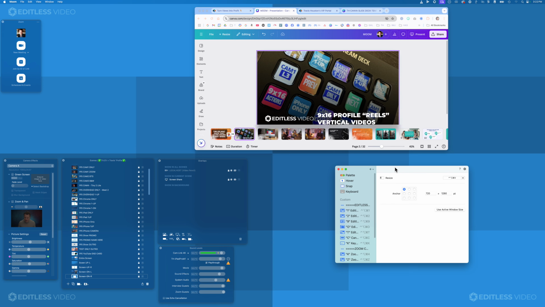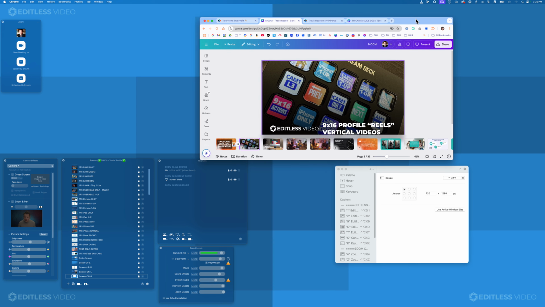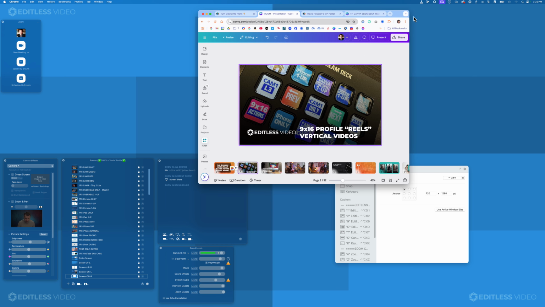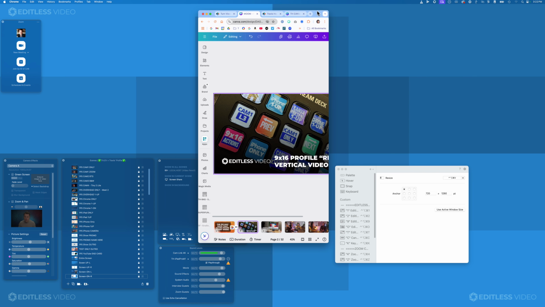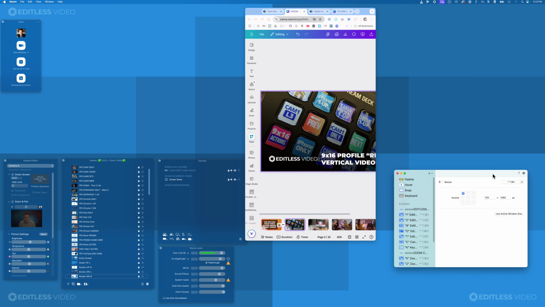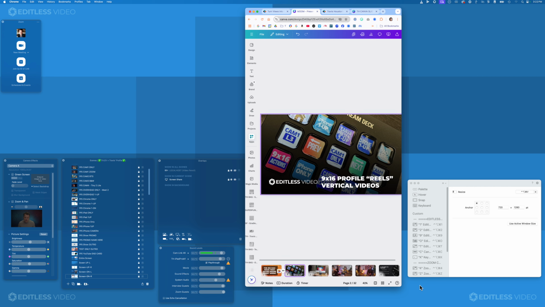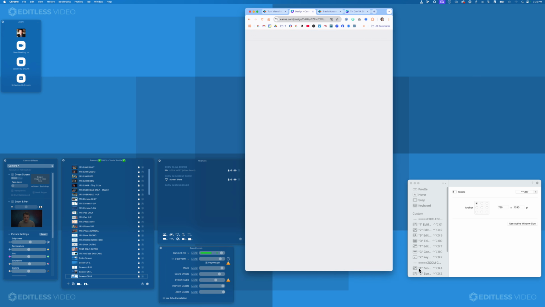I was holding down Moom. I need to make sure that Chrome is selected. So I need to click on Chrome first, and then I hold down Command Option Control V, and it puts Chrome in a perfect 9x16 format. And if I put my mouse in the corner of the screen and hold down the Shift key and then click and drag, it keeps a perfect